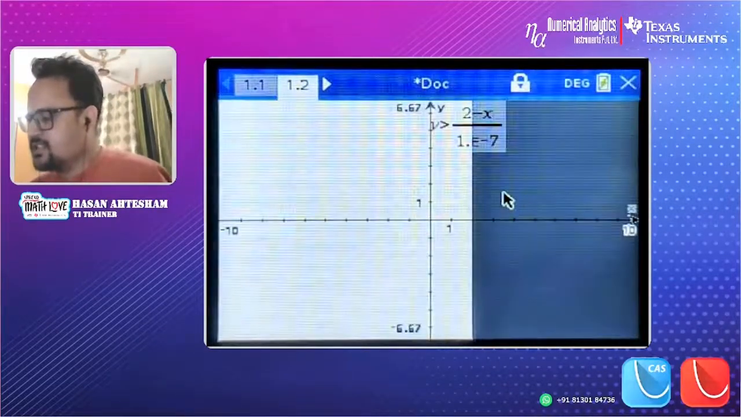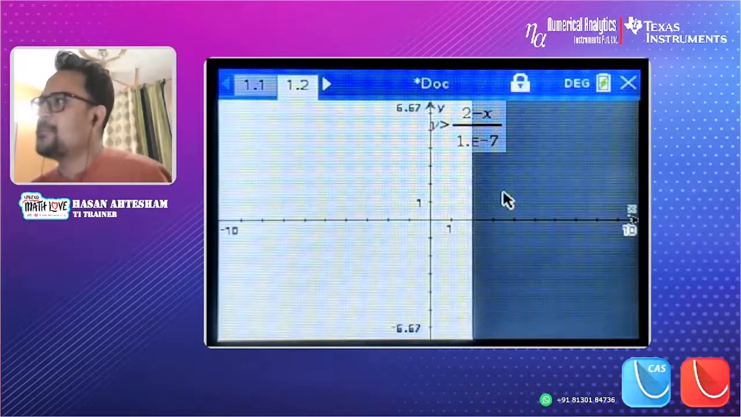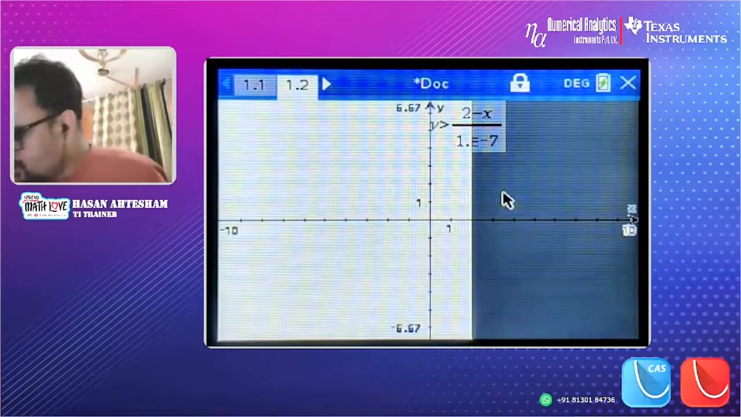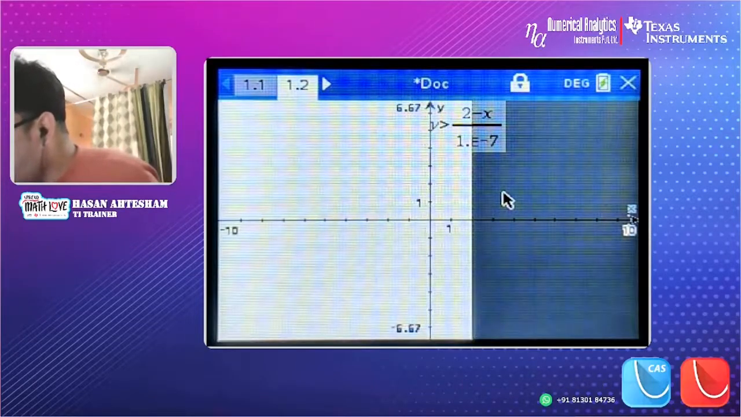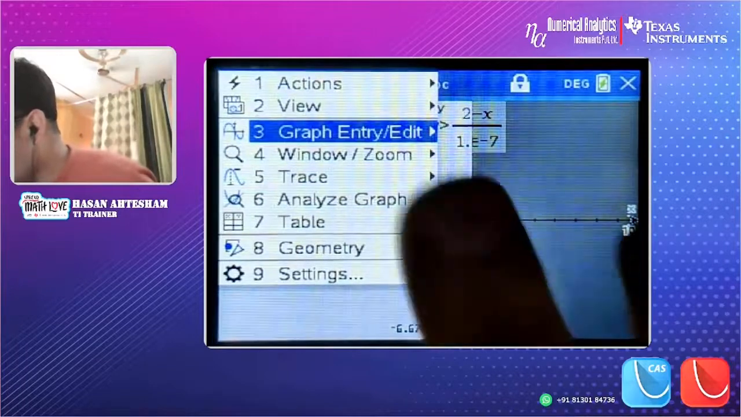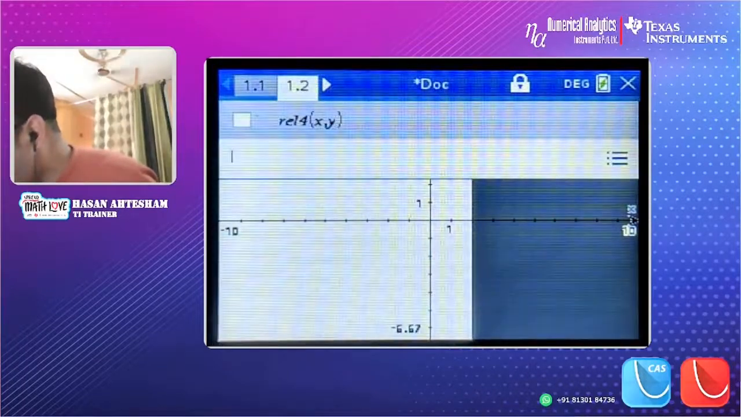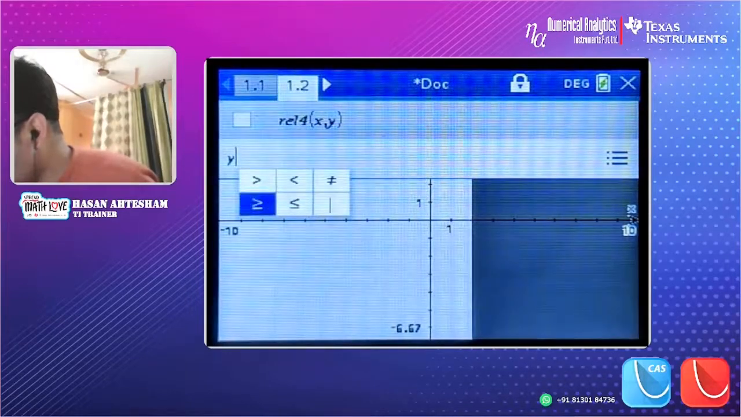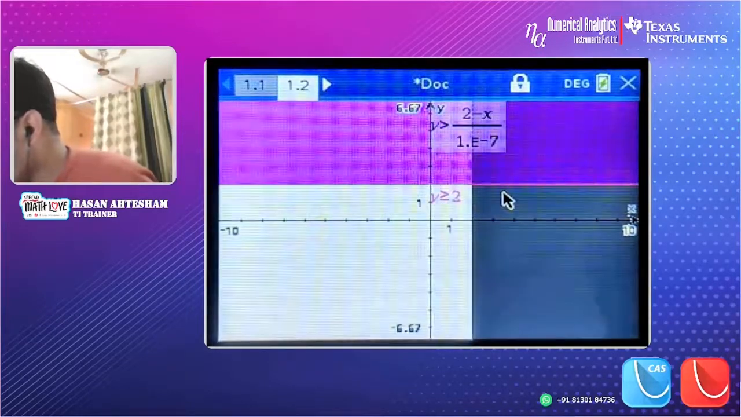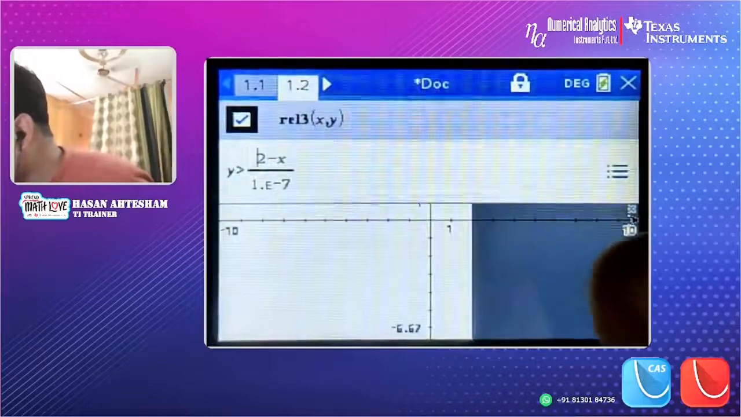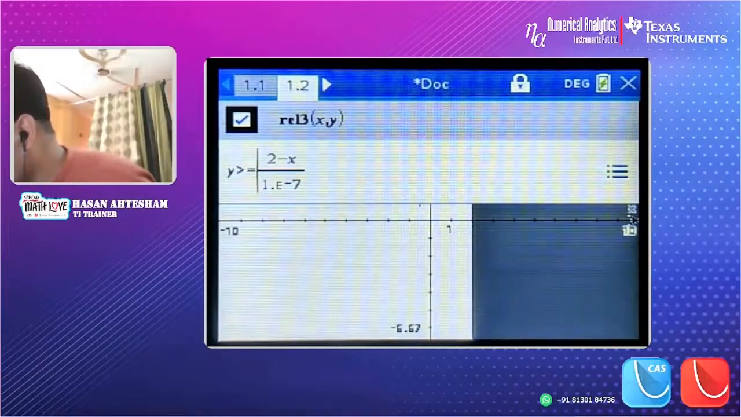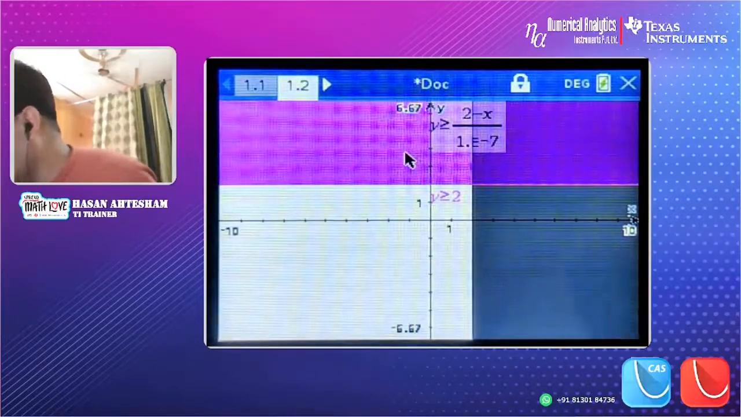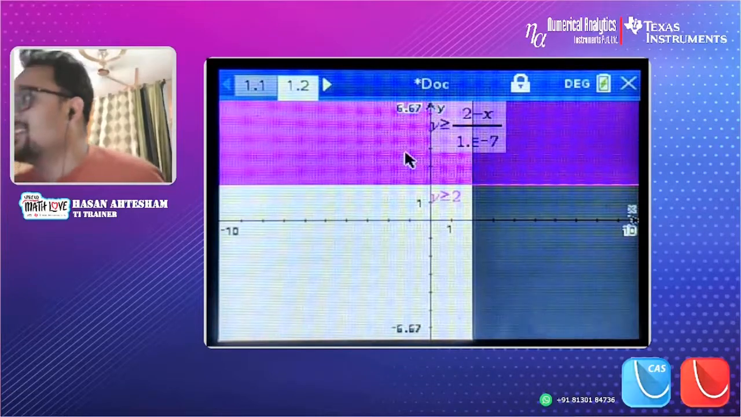Hit enter, it gives you the graph. Interesting. To check, let me just quickly draw y greater than or equal to 2. Okay, and let me make this greater than or equal to, and try to find the intersection point, whether it is giving me the correct answer